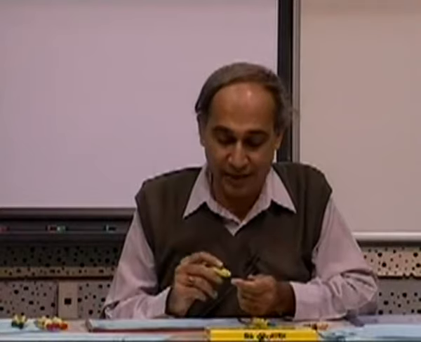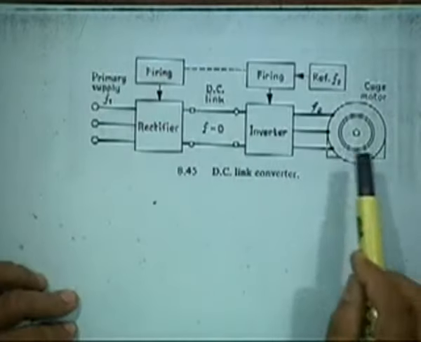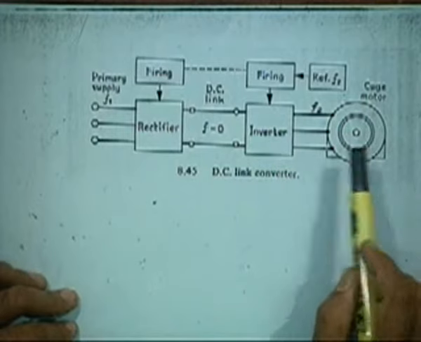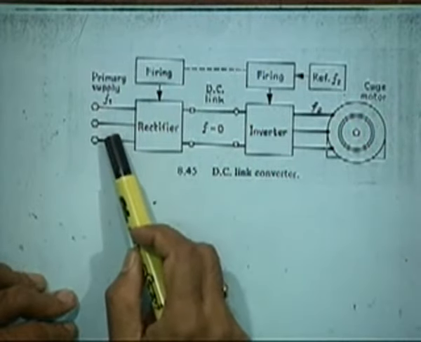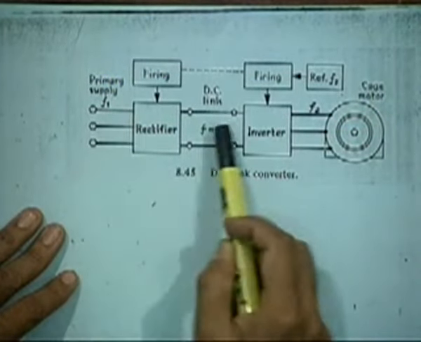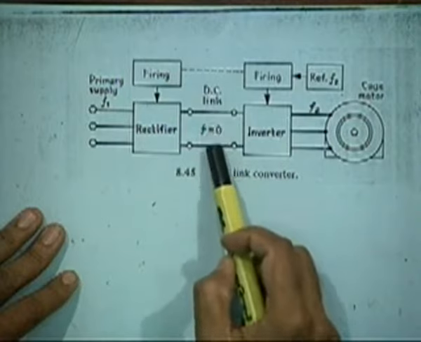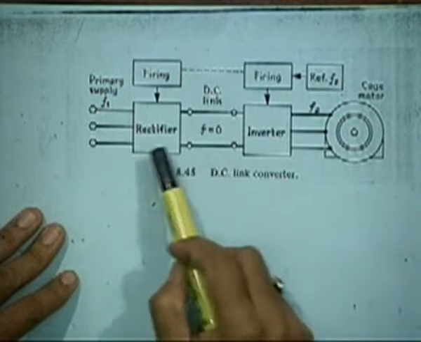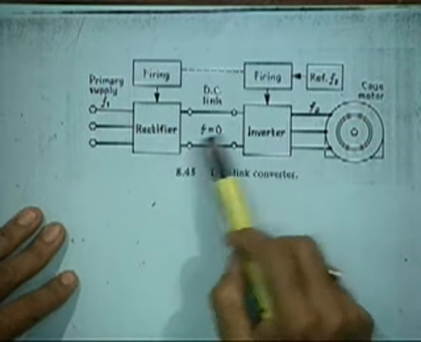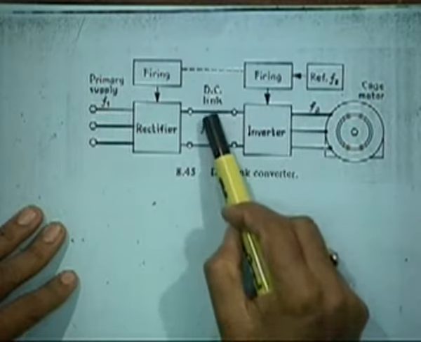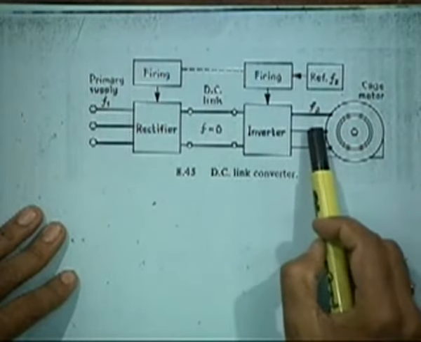Now the system that is used is as follows. You want to control the speed of an induction motor here. You have a supply frequency F1, then you have a rectifier. So it is 50 hertz, then you have a DC here, right? If you make a controlled rectifier, you can control the DC here. Then you have an inverter, and you can vary the frequency here. And by controlling the DC, you can vary the voltage also here.